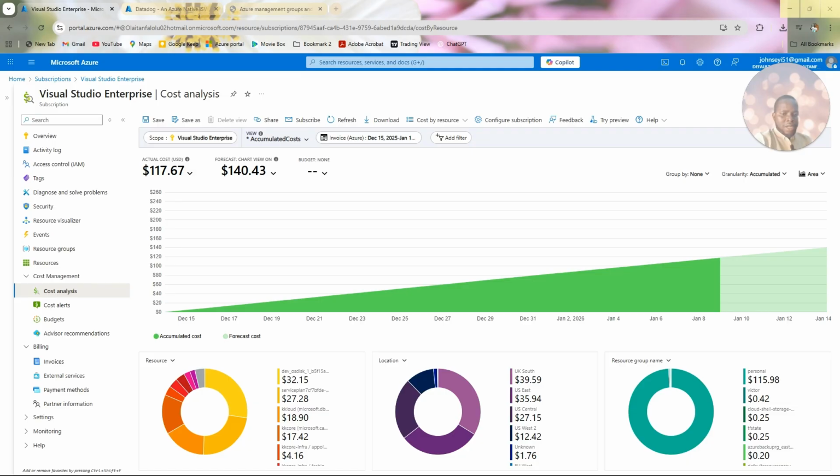I can now go and look at the other resources that are there also and say, okay, this particular resource also consumes more than the other resource, and make the right decision about it. For instance, I can say, okay, at this point, this particular resource is consuming $4. This particular resource is consuming $17. This particular resource is consuming $18. I can now say, okay, should I